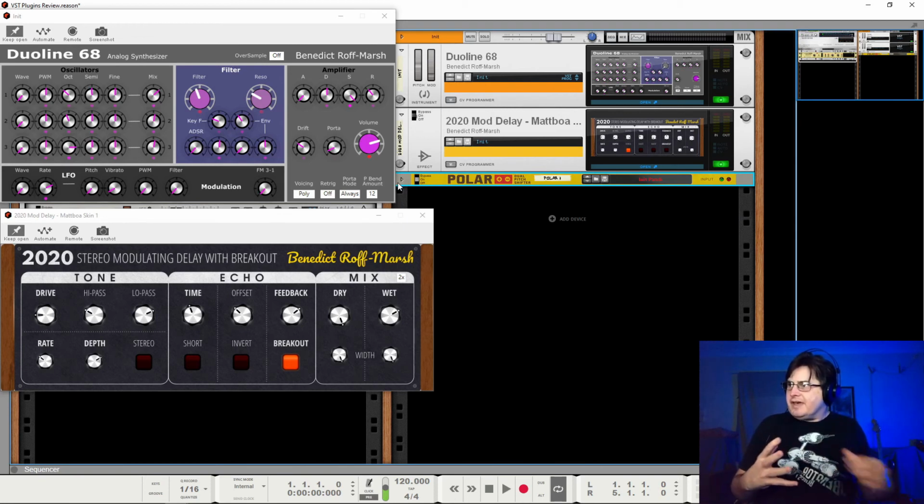So what I'm showing you there is that through what's called chaining plugins, we can either just chain one into another, as we've taken our synthesizer and put it straight through the delay unit. In this case, our chain has used a breakout to add in another thing. We could then take this and put it through another device, a reverb or a chorus or whatever we've got in our arsenal, and